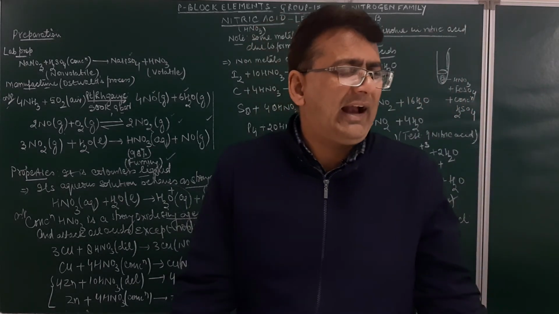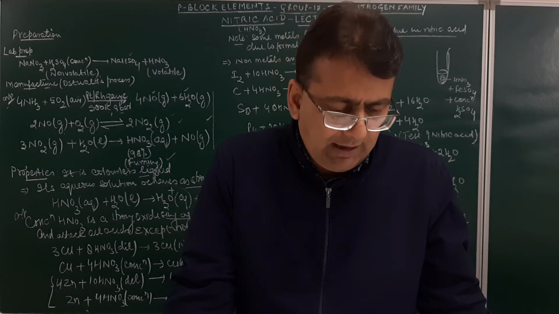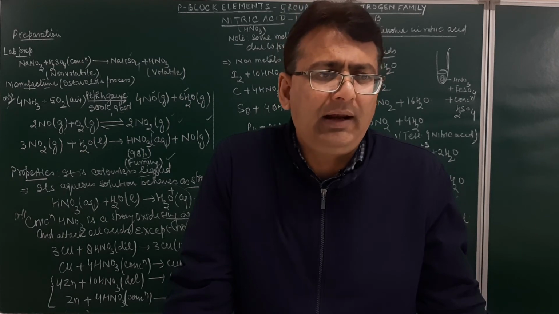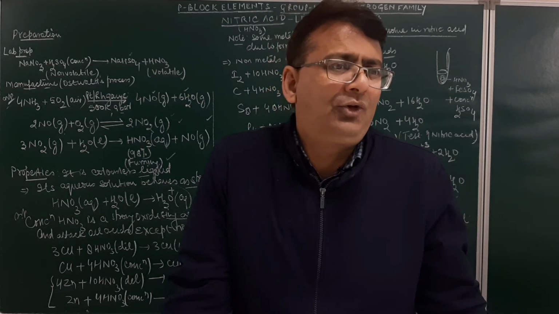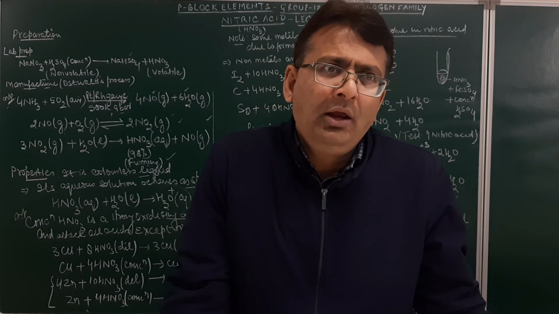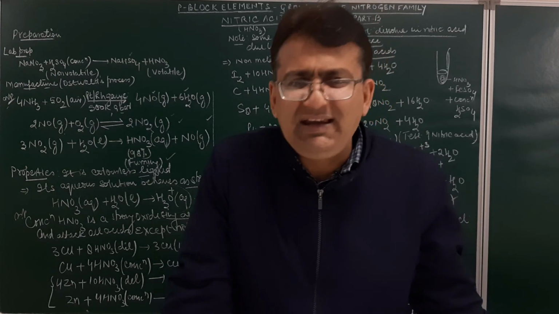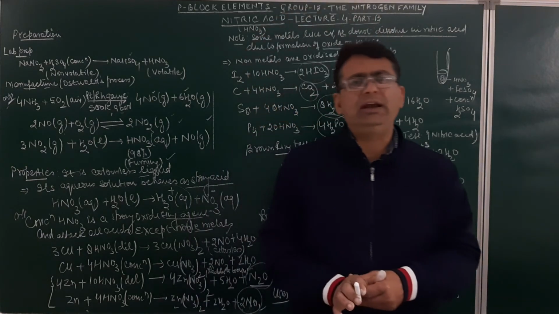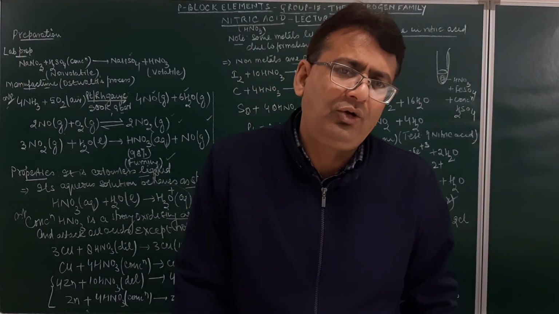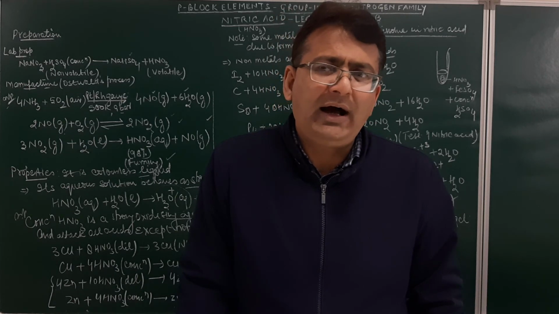We all know the active metals when reacted with acid evolve a gas which is hydrogen gas. But nitric acid is a typical acid, as it shows the properties of an acid but does not evolve hydrogen on reaction with the active metals, except magnesium and manganese. Magnesium and manganese, when reacted with very, very dilute nitric acid, which is 1% dilute nitric acid, may evolve hydrogen gas. So remember, otherwise it does not evolve hydrogen gas.